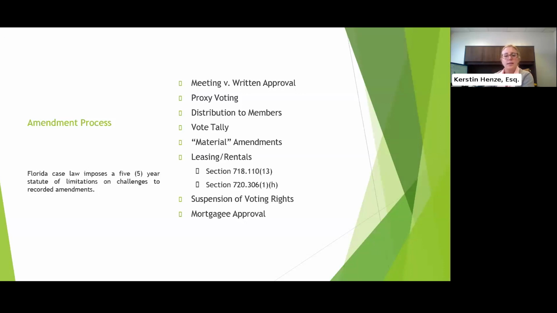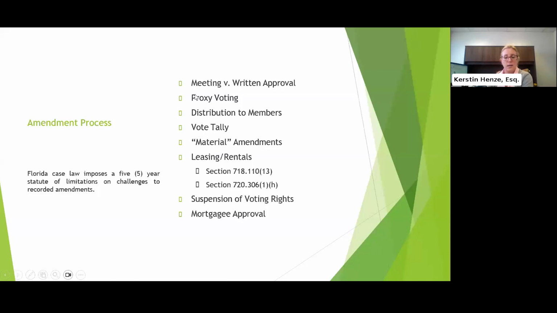Now, proxy voting, which is here the second bullet point. Proxy voting is going to be done in conjunction with a meeting. So like I mentioned, a limited proxy is going to be mailed out with the notice and the proposed amendments to the owners.